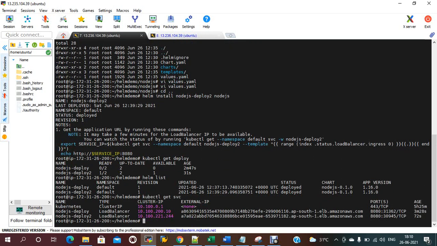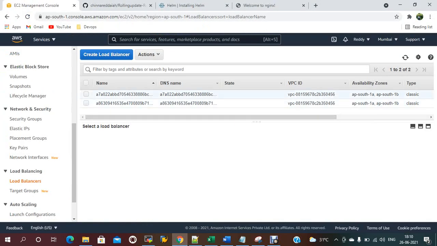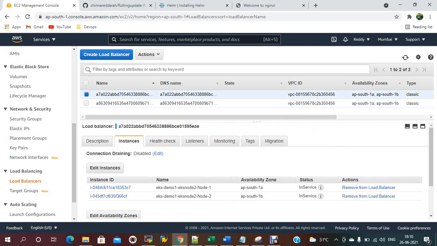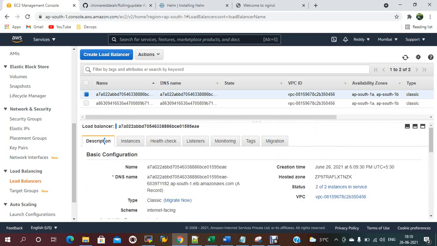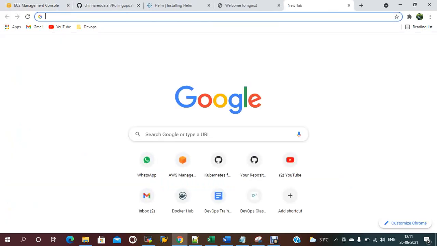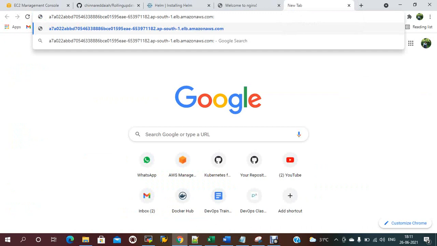The latest service is this one, A7022. Okay, this is the successful one. I need to see whether I can access it or not. So I'm copying this DNS name URL, and I need to access port 8080.